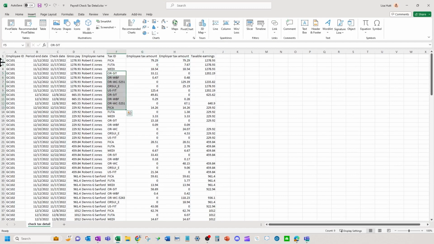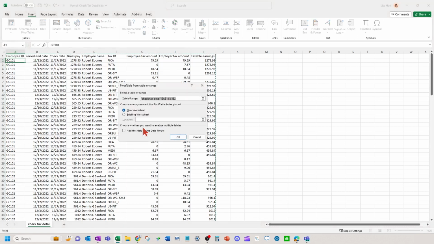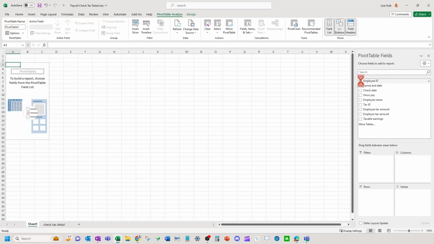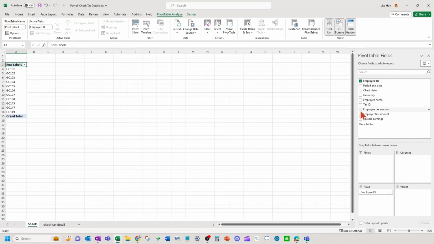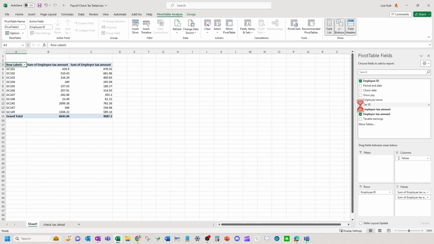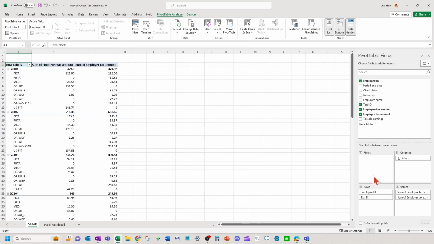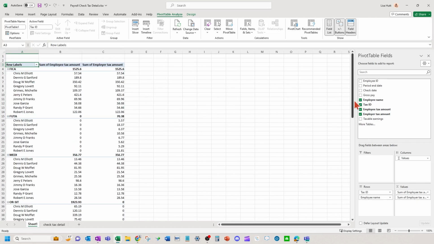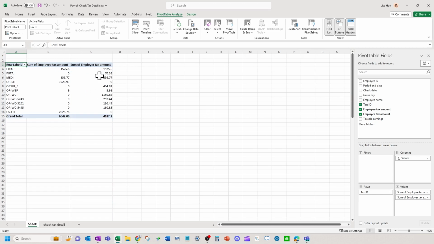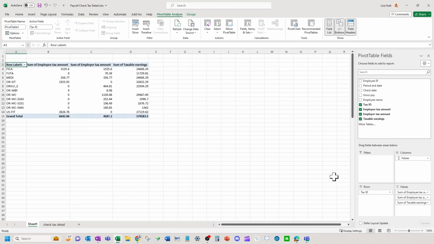Okay, so I'm going to do a quick little pivot on this by employee. Okay, as an example, or I can take off the employee name and I've got my totals here for my different taxes, and can add taxable earnings to that as well.